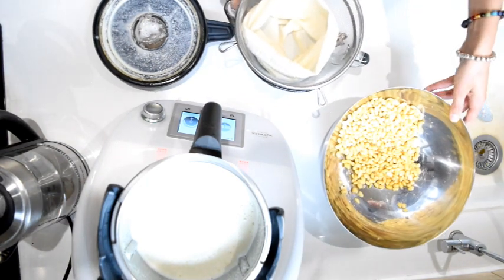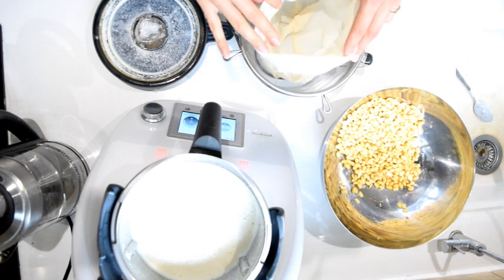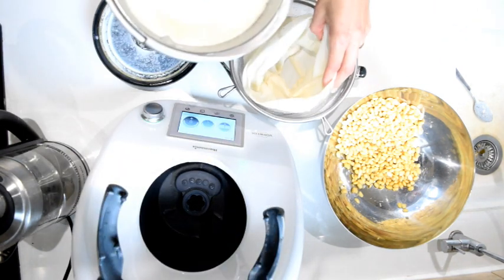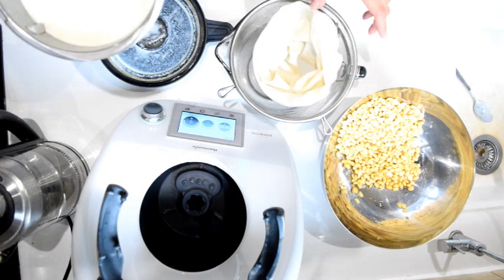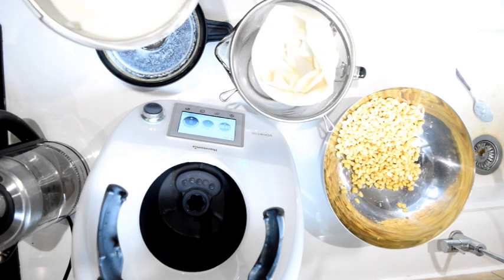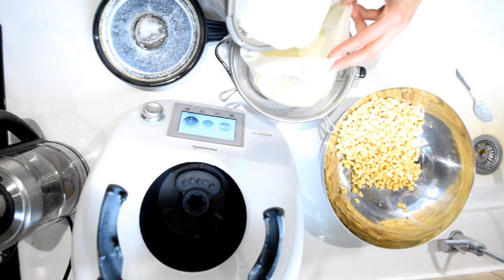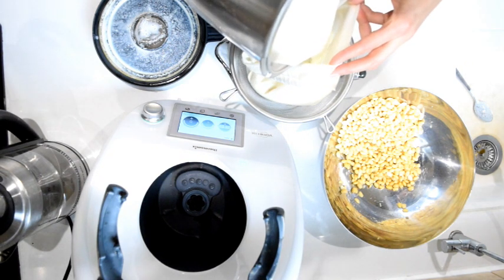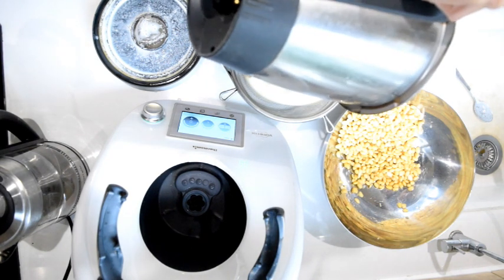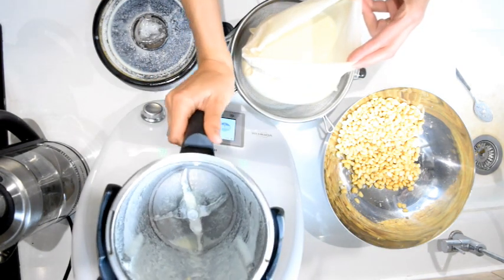So what we need to do then is to actually strain the milk from the solid. So we need to separate the pulp and the milk. So I've got a nut milk bag here resting on a little wire mesh strainer and in a jug. So I'm just gonna pour my milk, well, the blended soybean mass. I'm gonna pour it in, and then